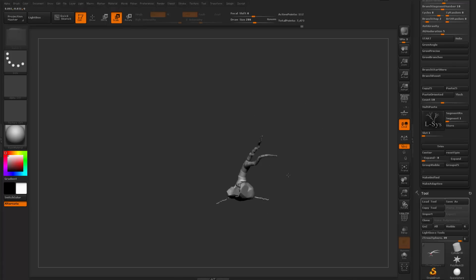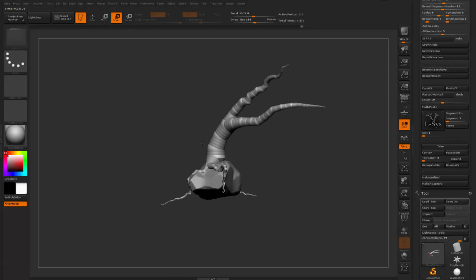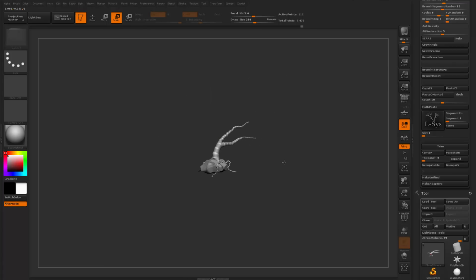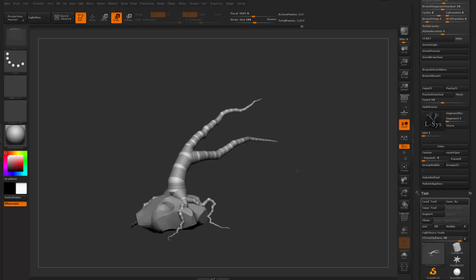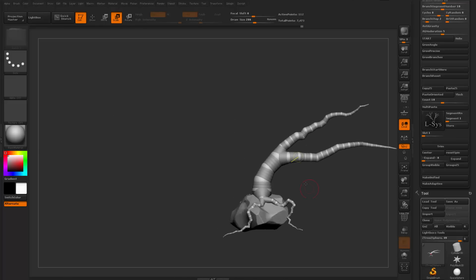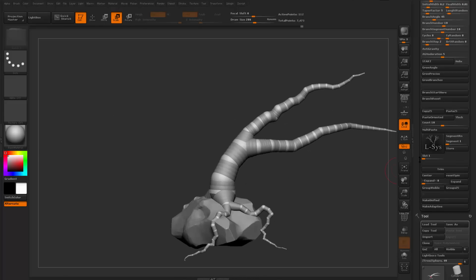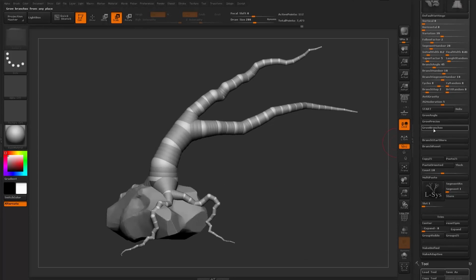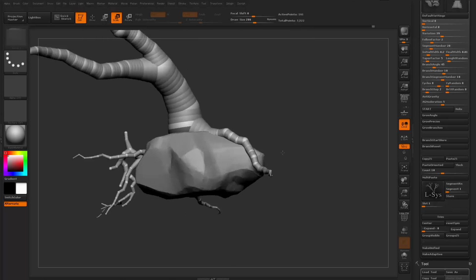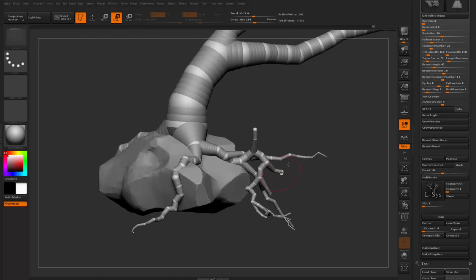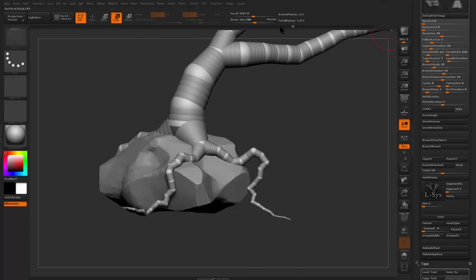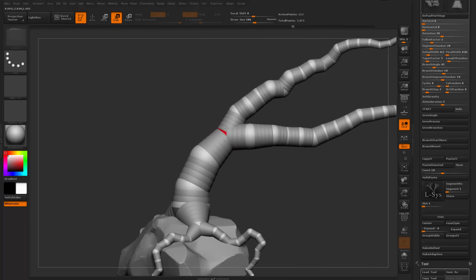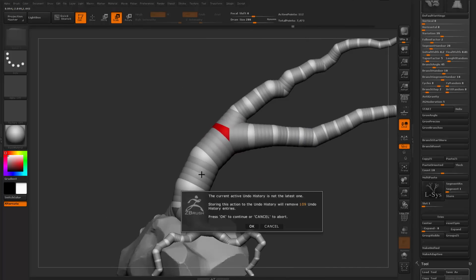I have the branches. Now I really need to have some smaller branches, but doing that one by one is really tedious work. So what we're gonna do is use grow branches, and that will grow multiple branches. So let's try that. If I press that, you see it starts growing branches. Right now it's growing on that root, which is not what I want. Let me drag it back. So I want it to be starting from